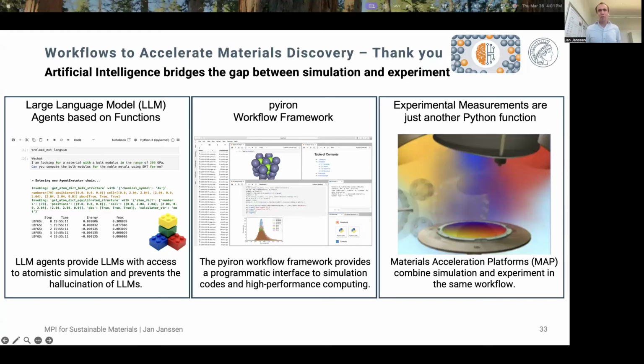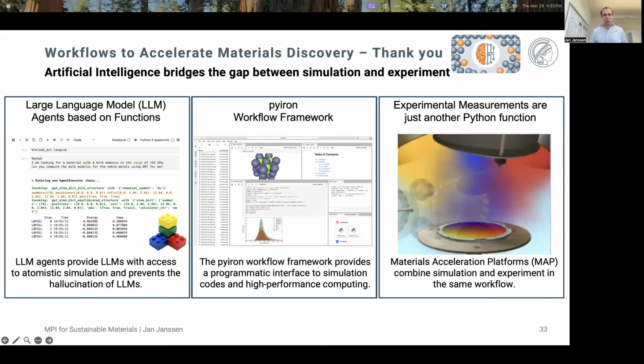So the battery example was done with pure DFT calculations. So that was not done with machine learning potentials, primarily because we wanted to get the electric resistivity, right? So that was the property that we optimized there. We have work on high entropy alloys for an application for machine learning potentials, so that's definitely possible. So I think there's no limit, and I think in particular with the new generation, so the group from Ralph